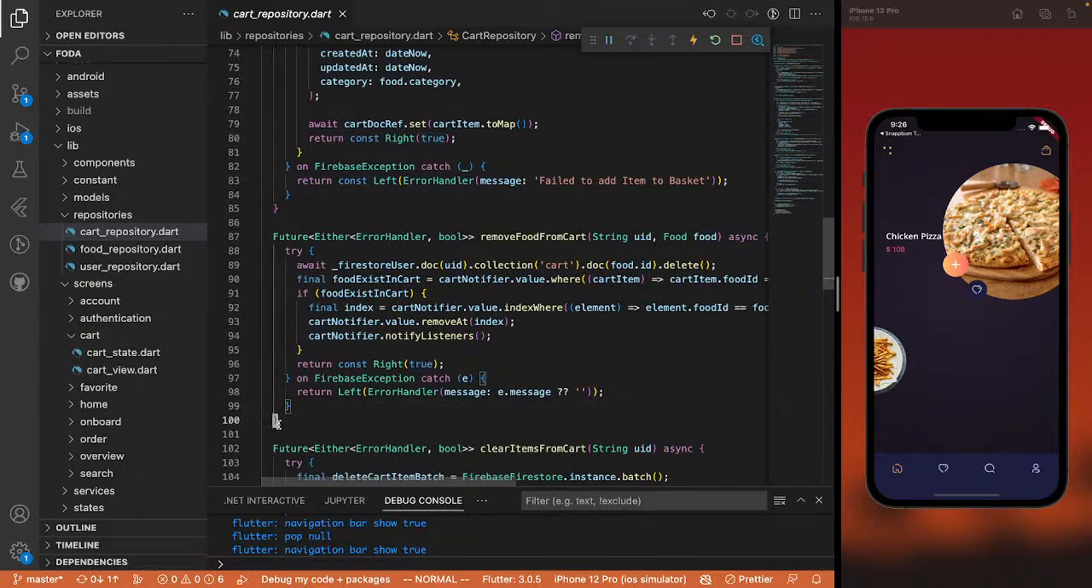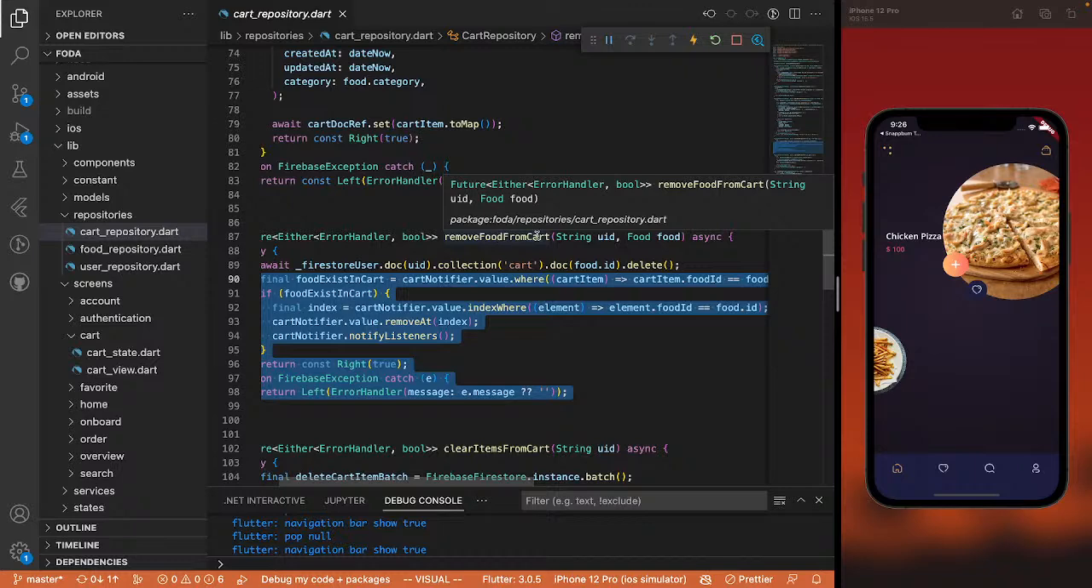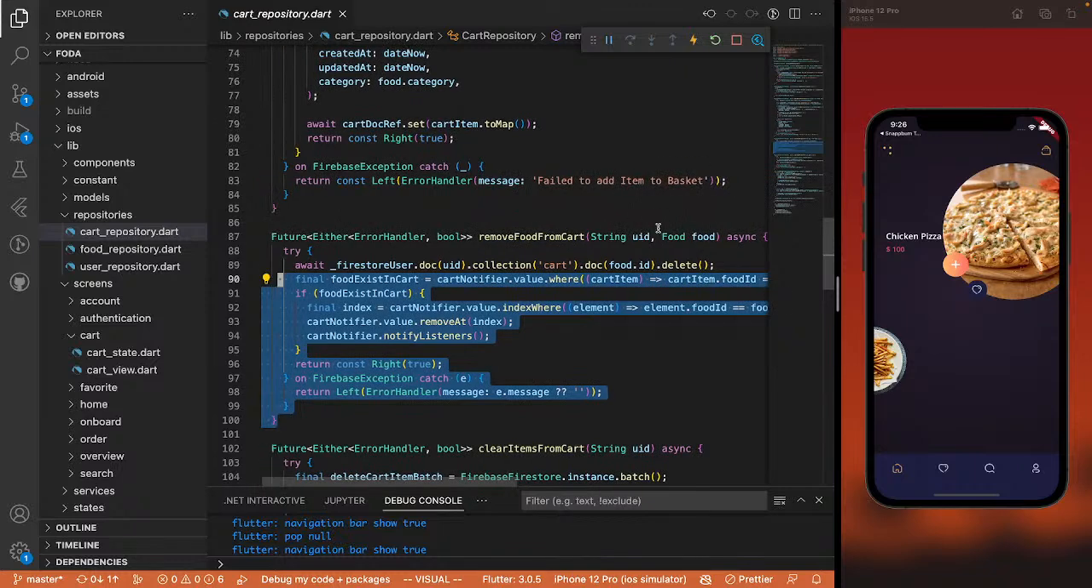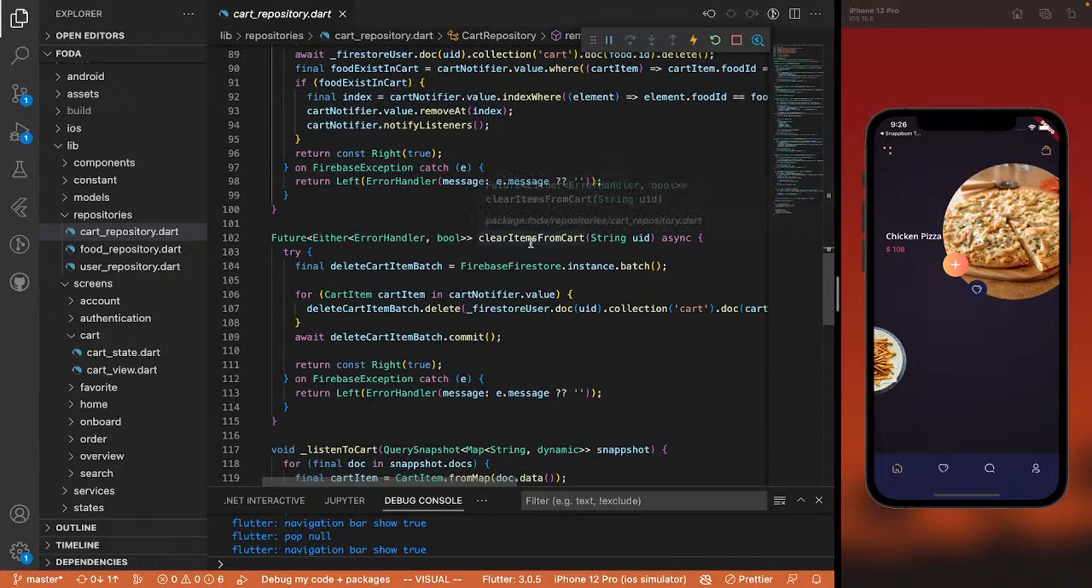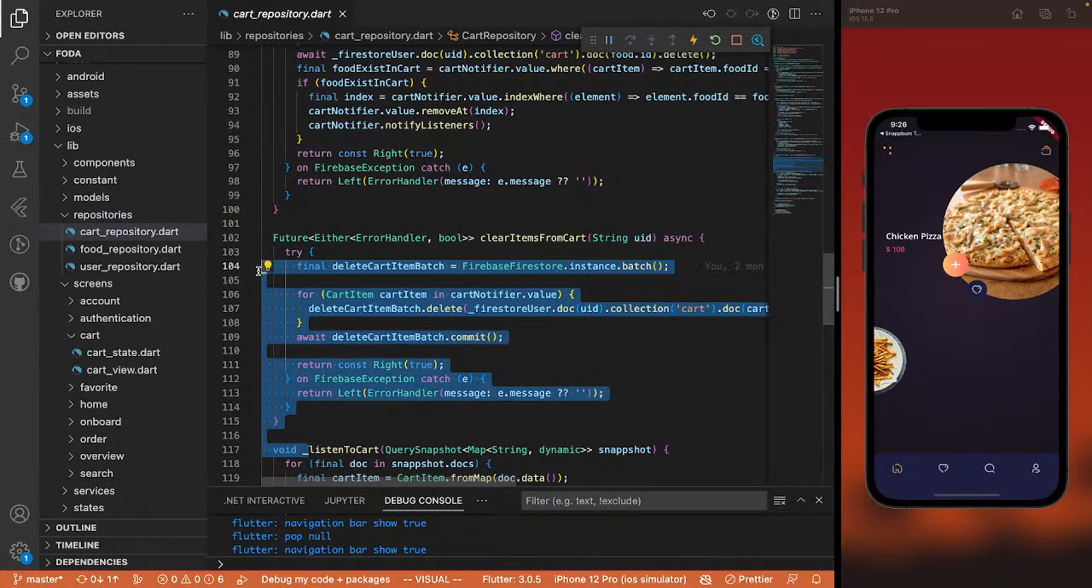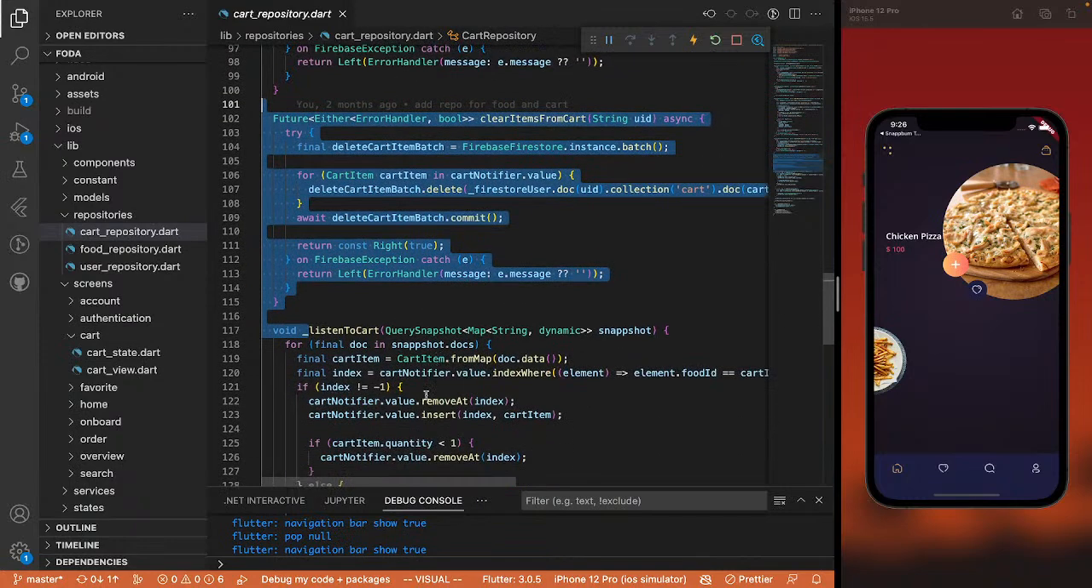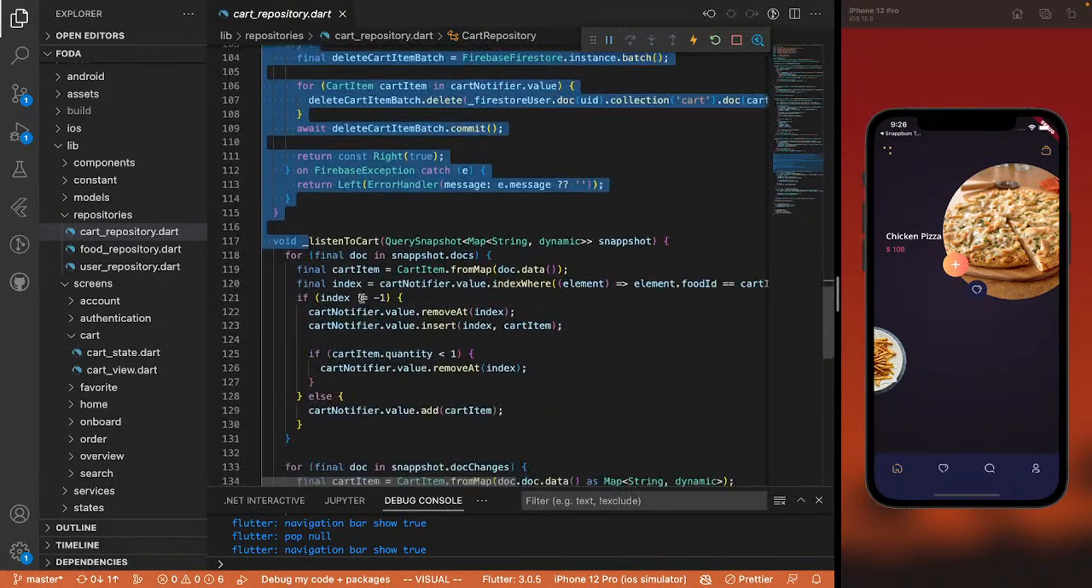And here also from line 87, remove from cart, remove food from cart, it just goes into your cart and removes that food. And that's where we have clear items from cart. This is what it does as well. I am sure I explained all of this to all of you. And listen to cart